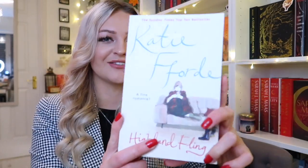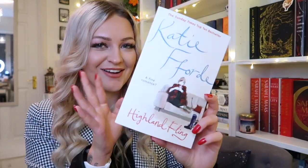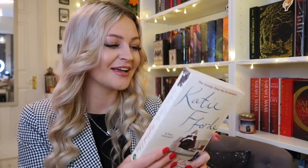So we have a Katie Ford book again. I showed some of these in my first haul, but this is called The Highland Fling. Look at the cover. I just love this. I cover bought this in a heartbeat. I just love it. This one is set obviously in the Highlands of Scotland, which is another reason I really wanted to get it, because I love Scotland. But this follows Jenny Porter, and she is a virtual assistant, and her boyfriend keeps accusing